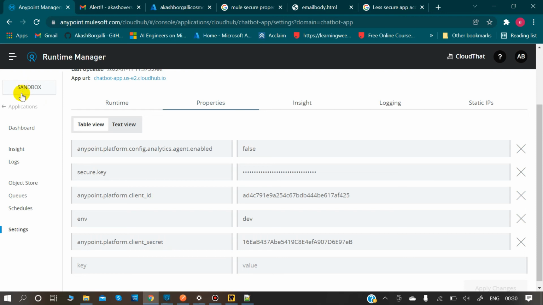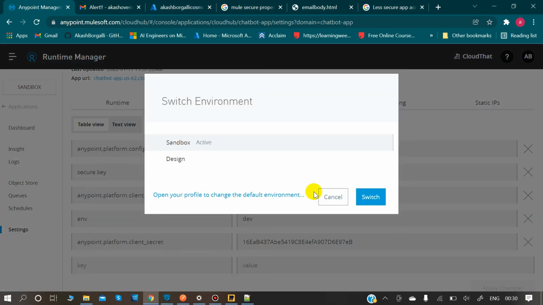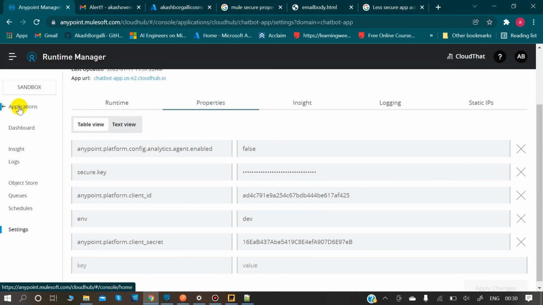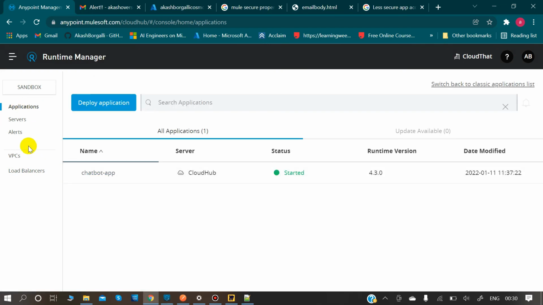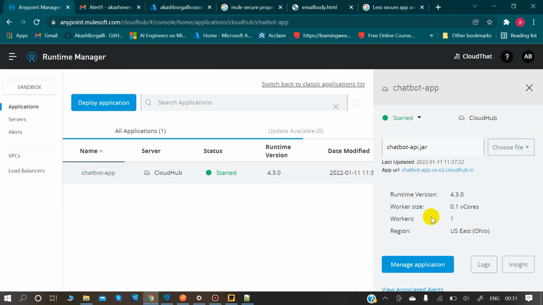So when you go to sandbox active, I will show you how you can do it. Cancel, go back. This in deployment logs, CloudHub, it started.